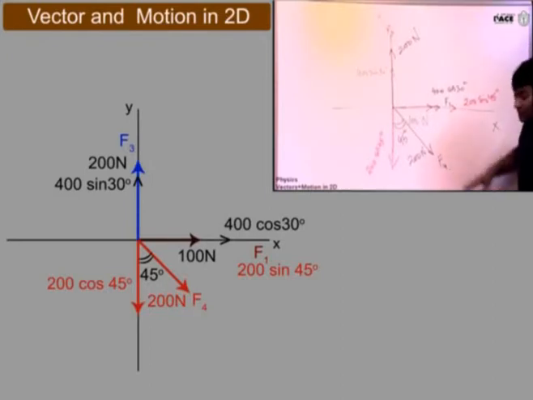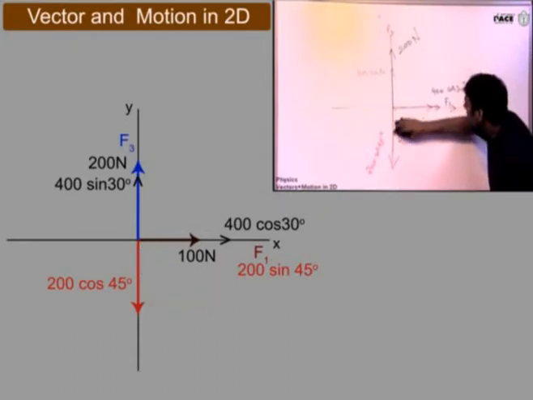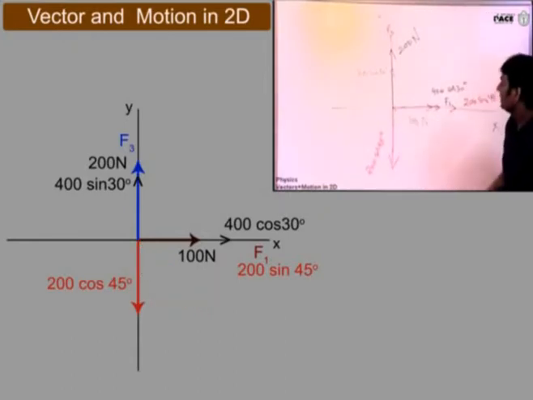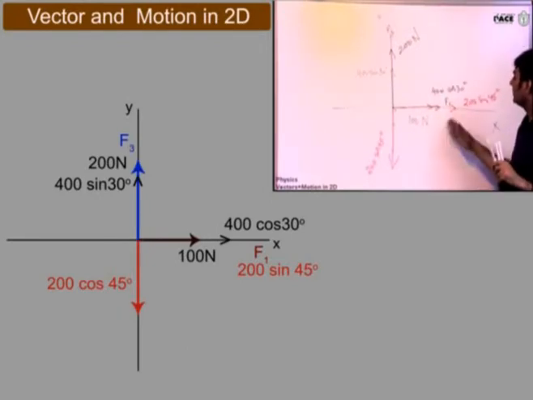Abhi, 1 minute. When I have resolved it, when I have broken it into two parts, I should remove this vector because I have already taken its components. Now please tell me, what do I do now? Can I add all these three? Yes, sir. What will be that? 100 plus 400 cos 30 plus 200 sin, whatever number is this. Say something around 500 suppose.